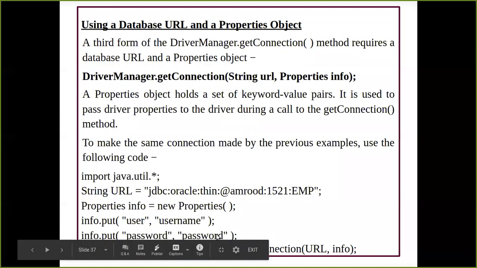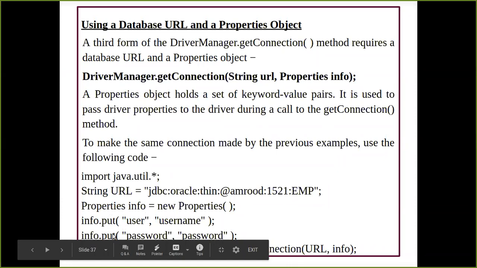So this is also one way you can do it, you can use a properties class. Into that object you can store the username and the password, and just pass that object into the parameter of your get connection method. So this is one way. We are not going to use this one; either we can use the first one or the second one. The only thing you have to remember here is that we are going to have a properties class with which we are going to create an object for that. And using the object, we are going to just invoke one method, which is a method of this properties class.